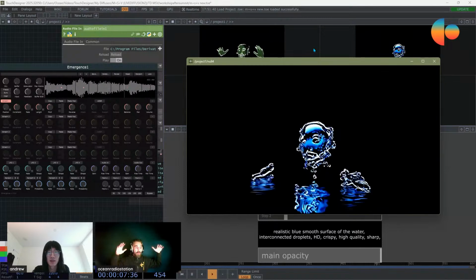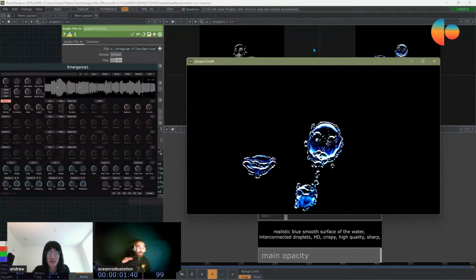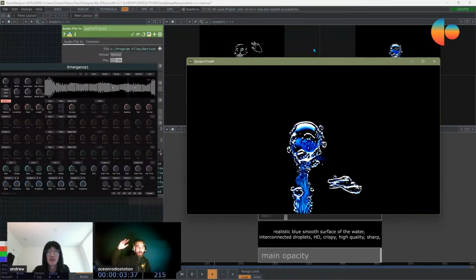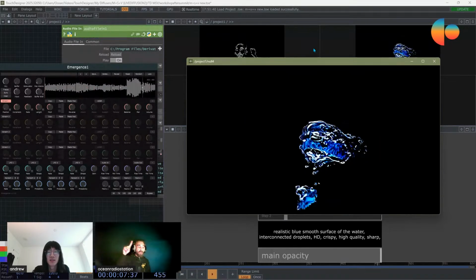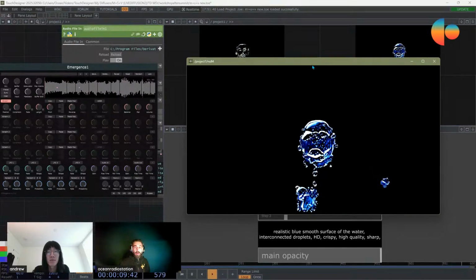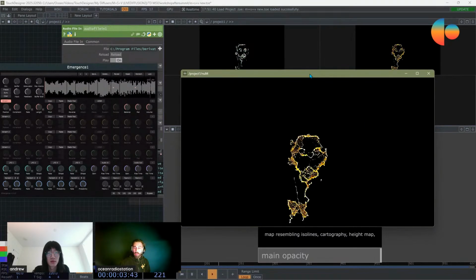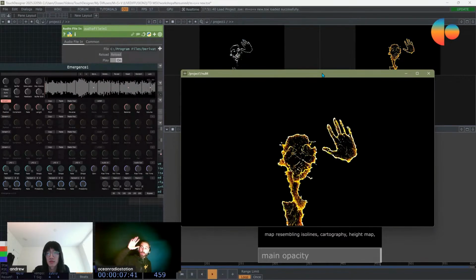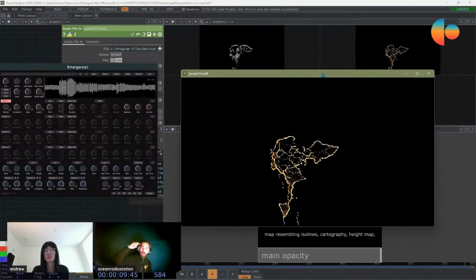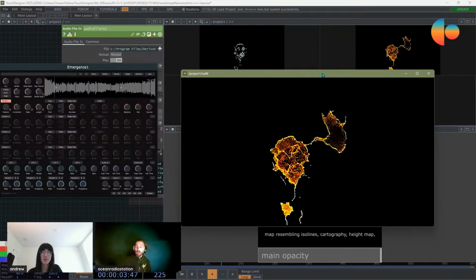This movement is mapped, and this movement is mapped, and this movement is mapped to the finger. And I have a controller to change the prompts and to launch the samples in Ableton at the same time.